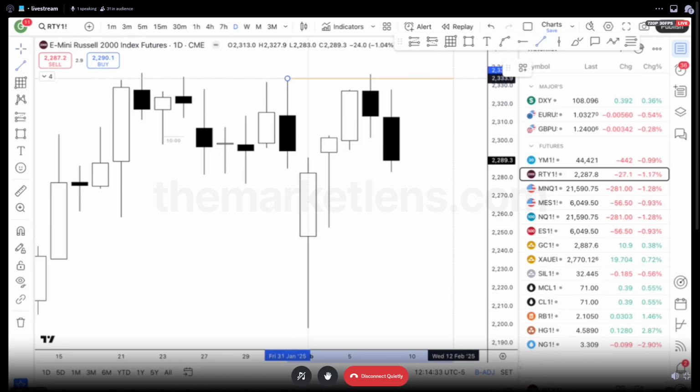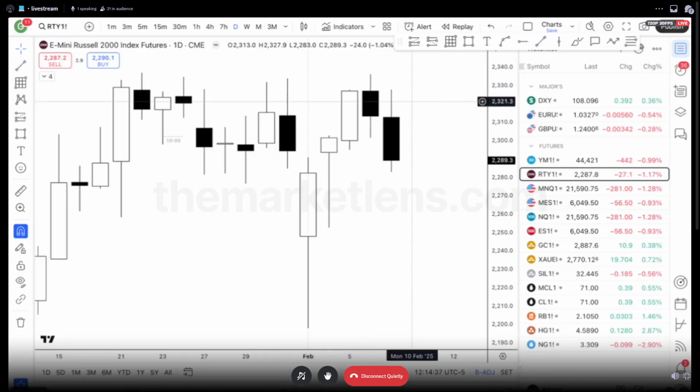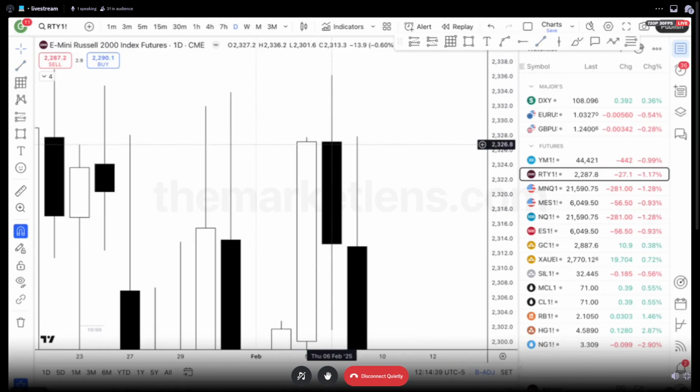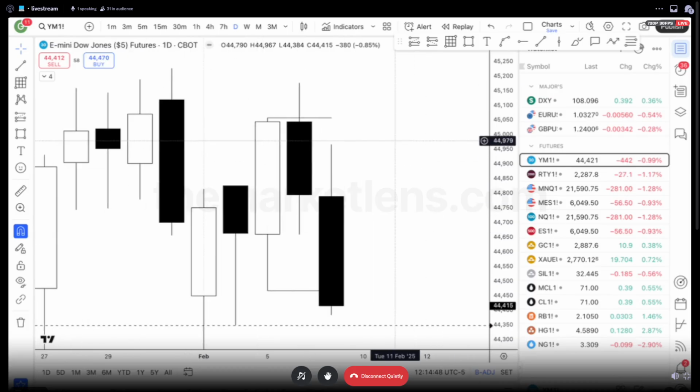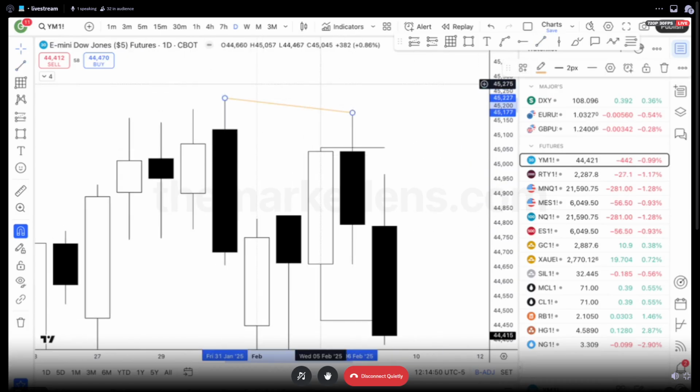Correlated asset, we have a range high, range low. We have RTY trading into this high, and it's also opening up near this high. So this can be a reversal into expansion candle. Right, so when I look at YM, I'm always obviously going to trade YM just because it's weaker,